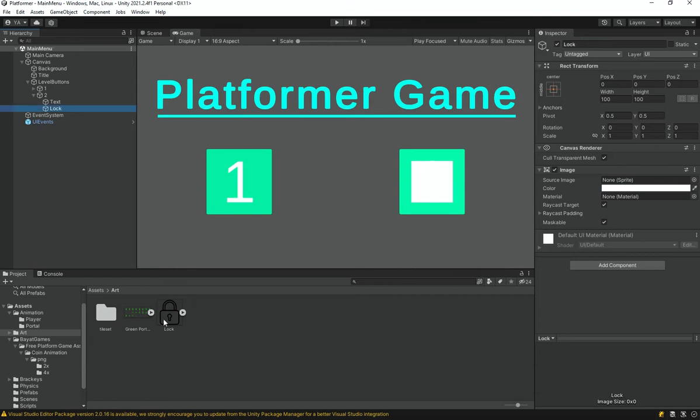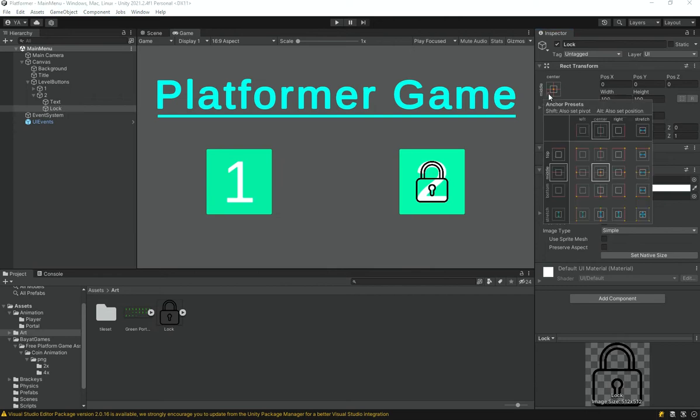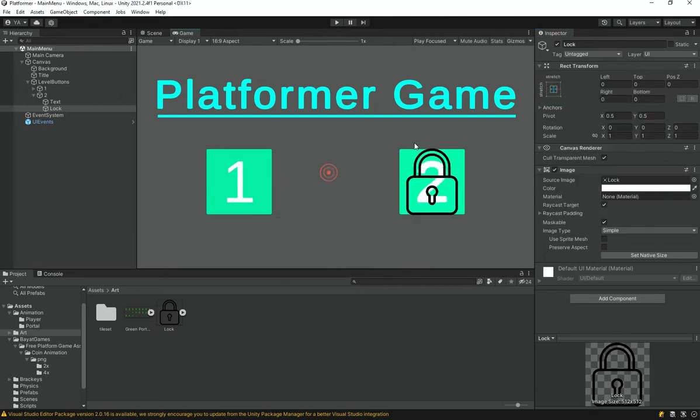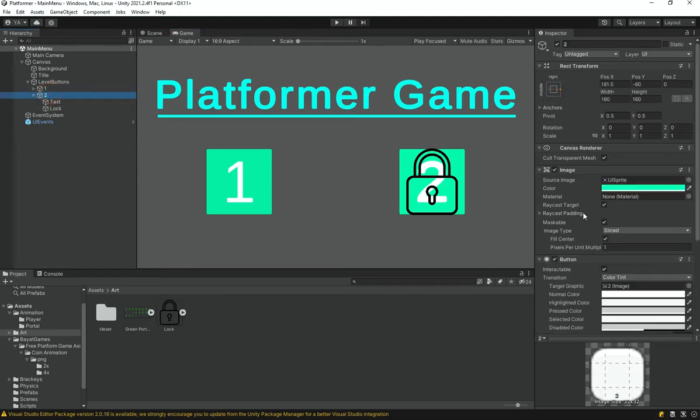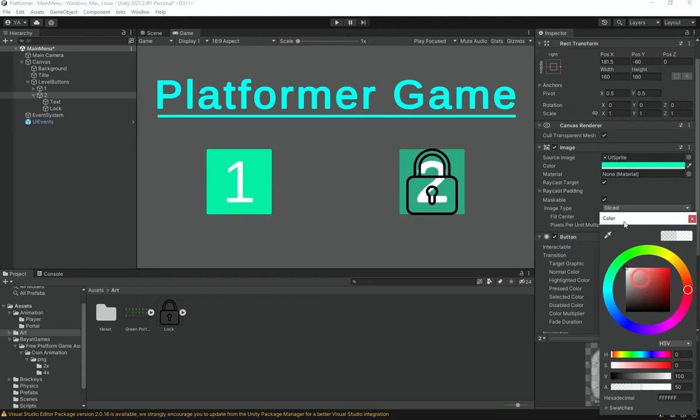Then make sure that for the sprite you have got this lock sprite. This should preferably have a 1:1 ratio, and make sure that it is stretched as well, and that looks really nice. I have also changed the colors a bit to match with this sprite. You can do it according to your own preference. And what we want is for this button to be clickable or not, and if I click this, you can see that I can turn off interactable on this button and make sure that its disabled color is still white,